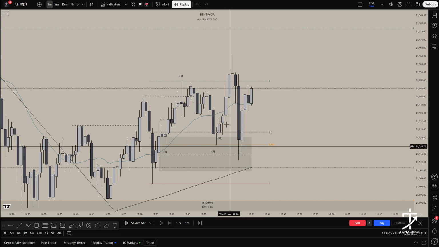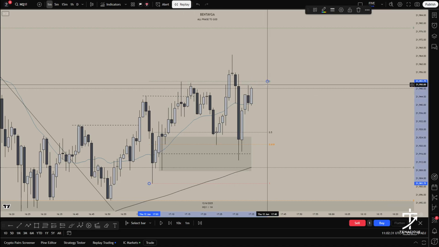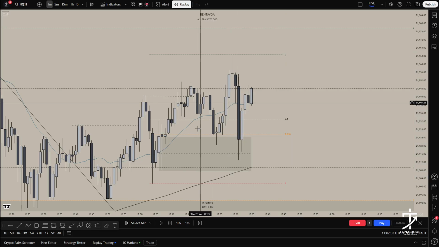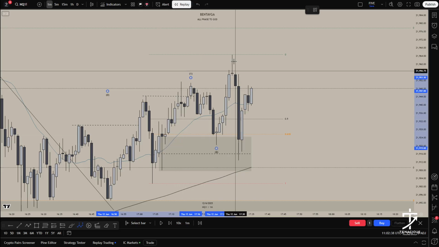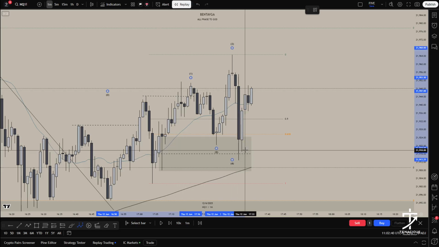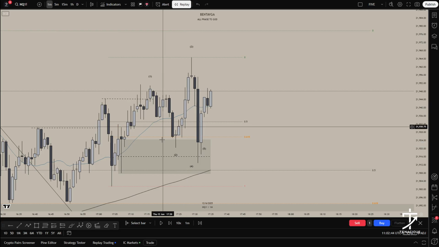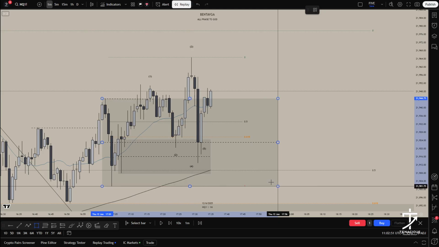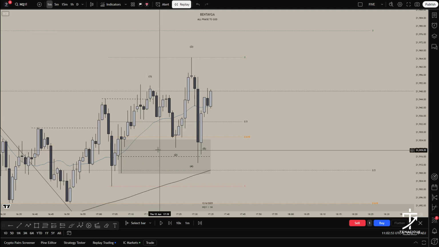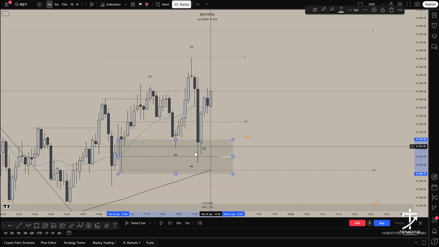Let's say you weren't happy with that one, that's not an issue. Drag this up, and now this is 1, 2, 3, 4, 5, and you start the 618. Would I take this? We did. It looks like we did mitigate 50%. So the chances of this always holding is going to be hard. But can you see how we had this wick fractal where price wanted to mitigate it deeper, and then now